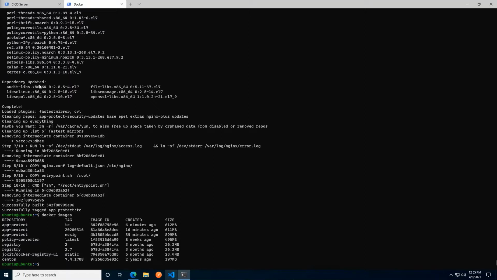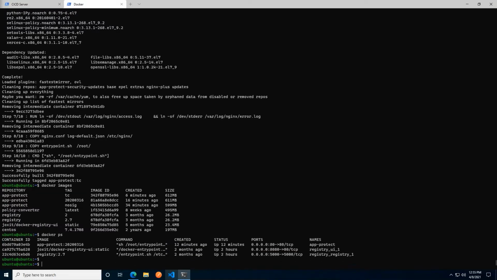Now we're going to have to do the same thing as we did recently, because when we look at Docker PS, we see that we are still running a protection image, but it is based off of the previous container image. So we want to update that with the current one that includes the threat campaign side of things.